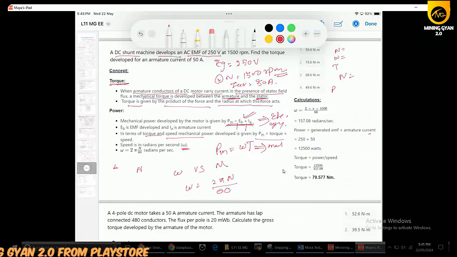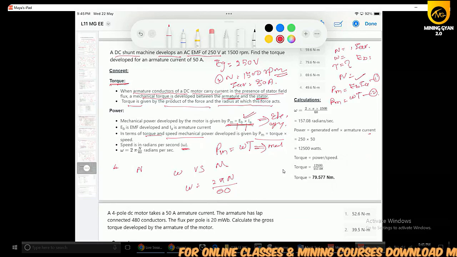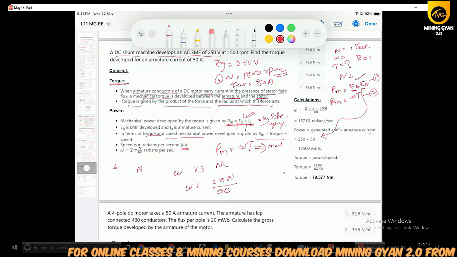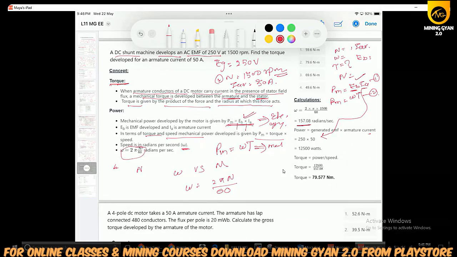They are asking to calculate torque, okay, and they have given IA and EB also, right? So you have two equations of mechanical equivalent power, that is EB into IA, equation number 1, and Pm is also equal to omega into T, but T is unknown. So first of all you have to use this equation. They have given EB and IA, so you just put those values here. You have calculated omega using this relation, right? Then after getting the omega value, you please calculate the power by multiplying EB and IA.